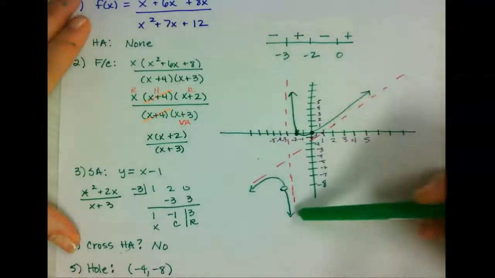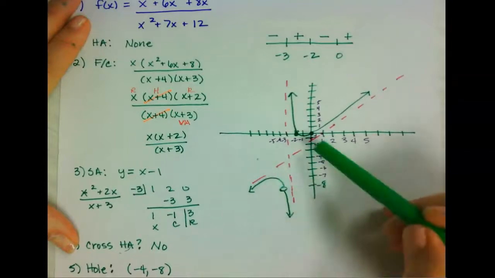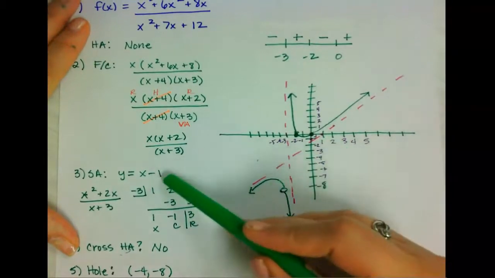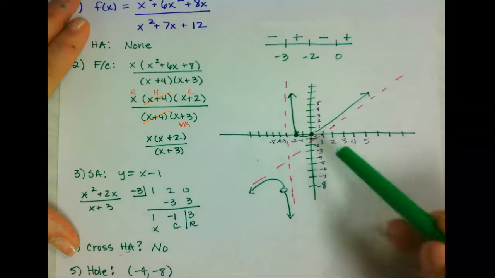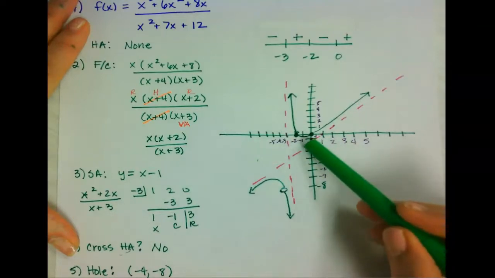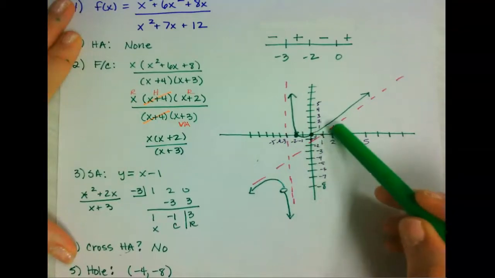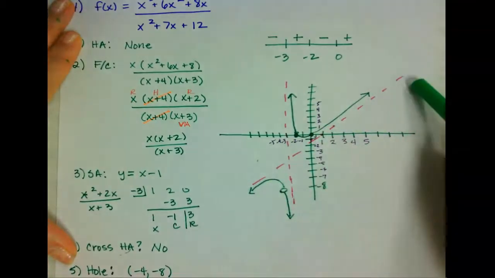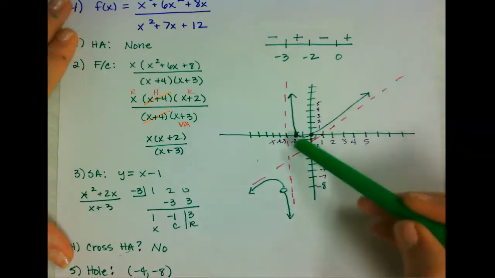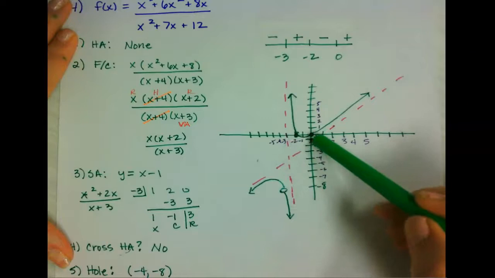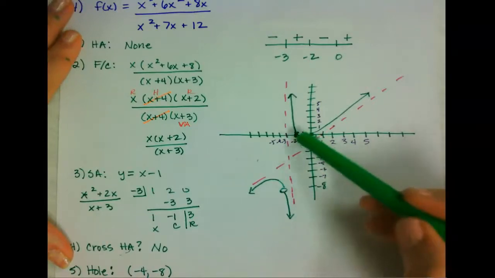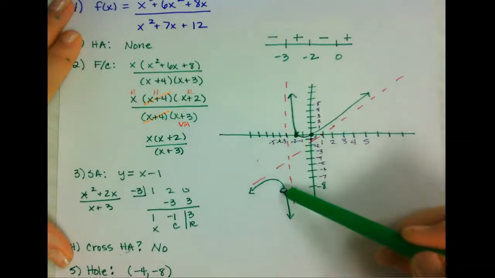So I'm going to put the vertical asymptote here. I'm going to do the slant asymptote, which remember the equation is y equals x minus 1. So I come down here to -1, and the slope is +1 right there. So I go up 1 over 1, up 1 over 1, and then I get my slanted asymptote, my oblique slant asymptote right there. I plot the zeros, which are at -2 and 0 here, and that also happens to be the y-intercept. And then I have a hole. So I go over here to -4, I go down to 8, and I draw an open circle because the